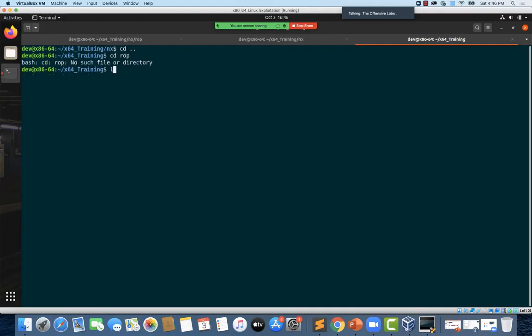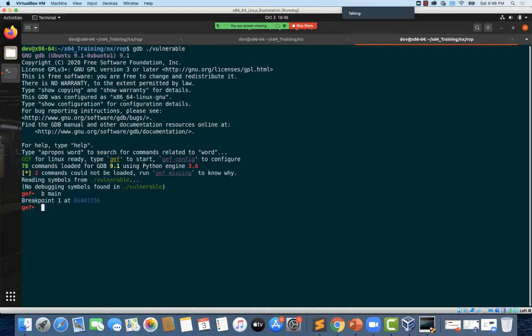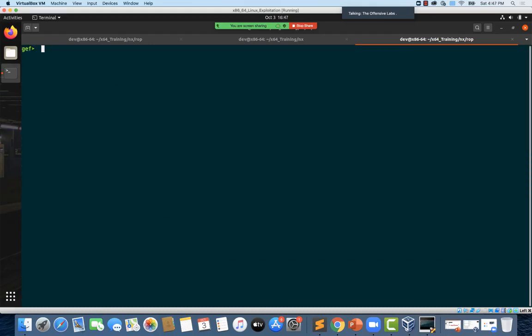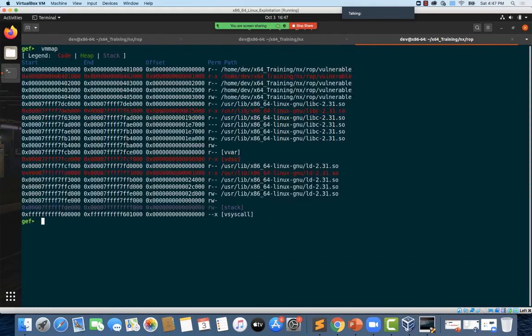I'm just navigating to the nx drop directory. gdb ./vulnerable, breakpoint main. Let's run it and let's use vmmap. See, I'm just setting up a breakpoint at main and then starting the binary to be able to get the memory maps. So let's also clear the screen so you will be able to see everything at the top of the screen. vmmap,